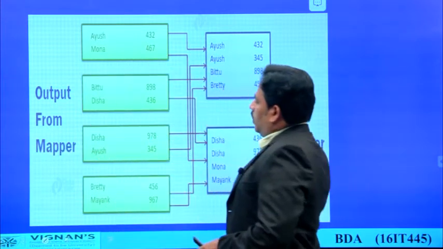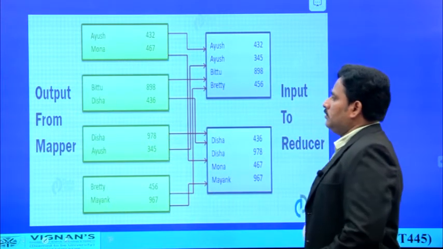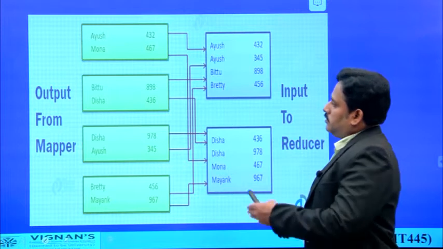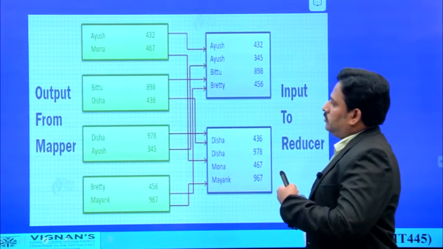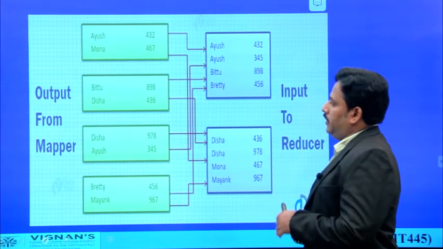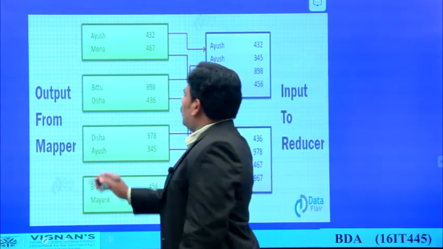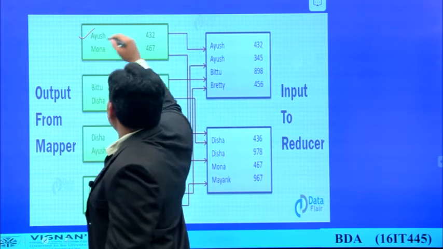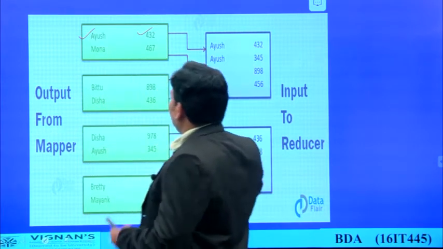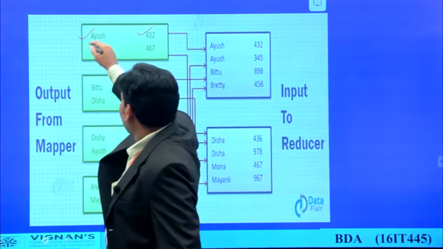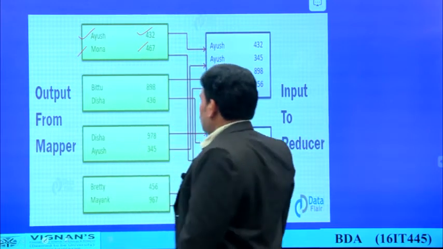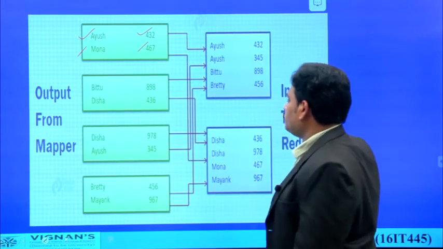Now let us take all the 4 blocks. Here we are having some names of students and their ranks. Now Ayush, he is having a rank of 432. Mona is having a rank of 462. Now as we know earlier,